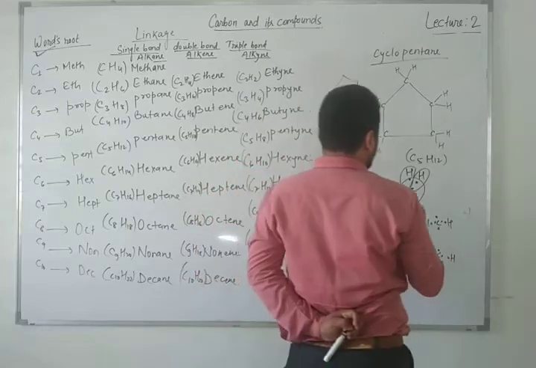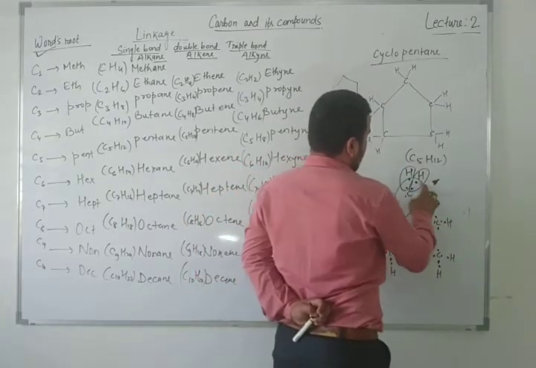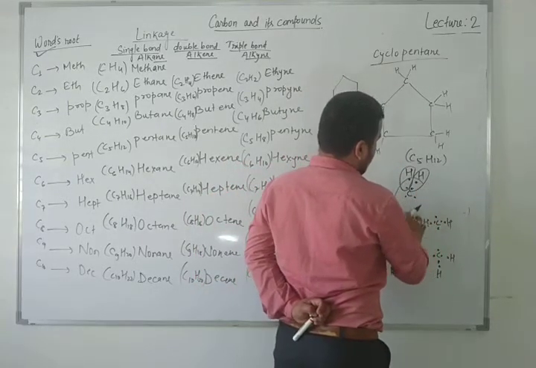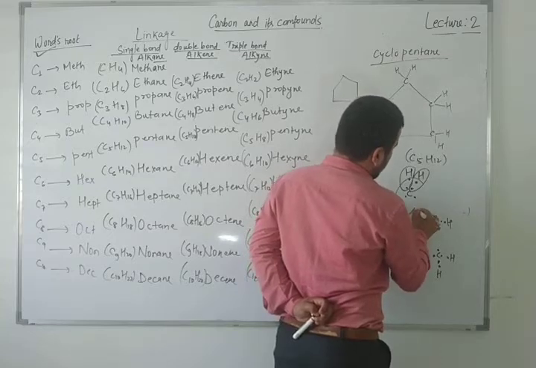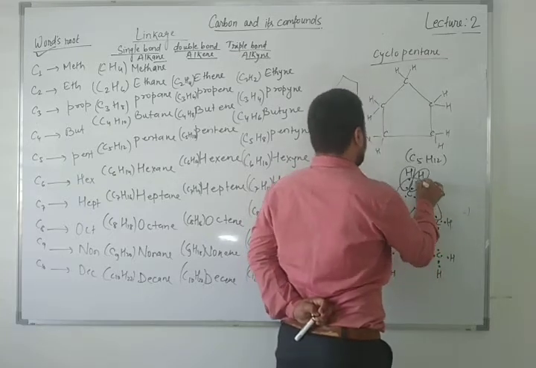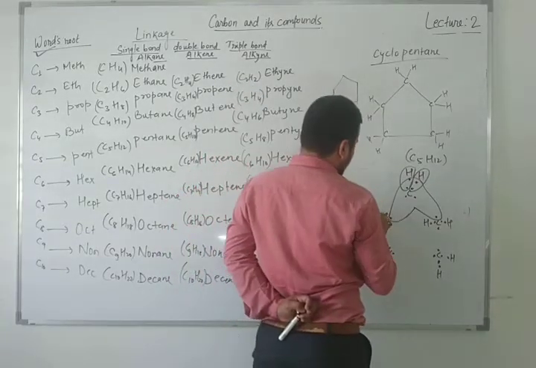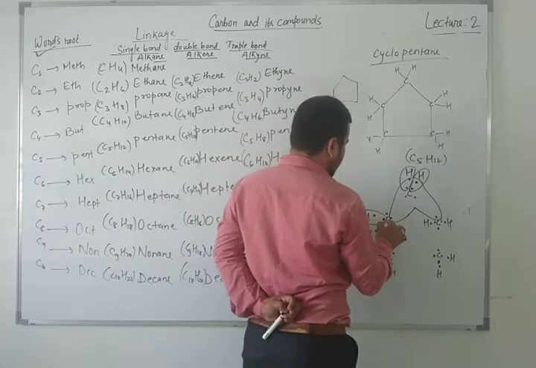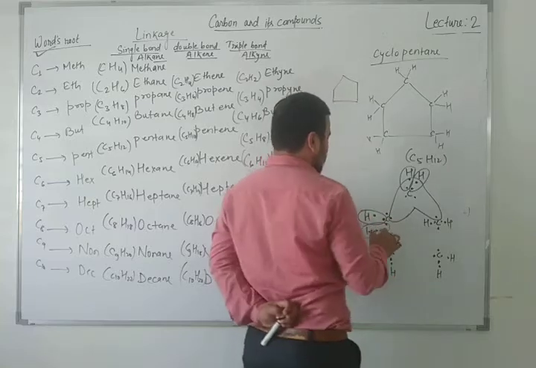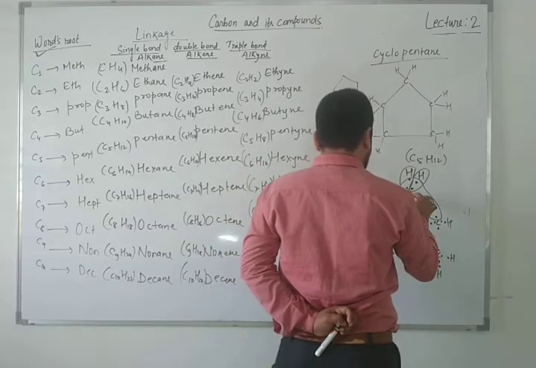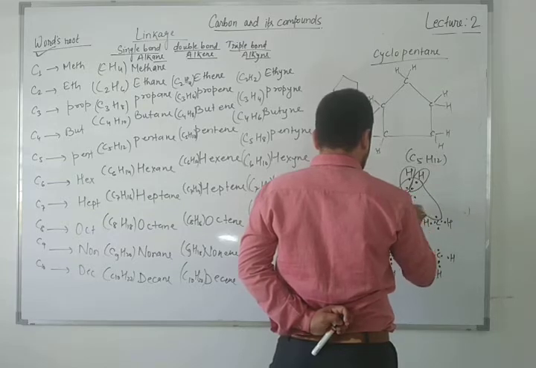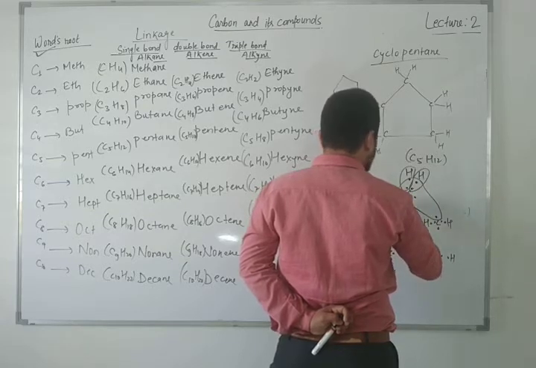Now you can see similarly here 1 electron, and on this side also 1 electron is there. So don't worry, this one also is shared by this carbon, right? Similarly you can see hydrogens are sharing 1 electron, and this carbon is sharing 1 electron with this carbon and 1 electron with this carbon. So we can represent it like this,